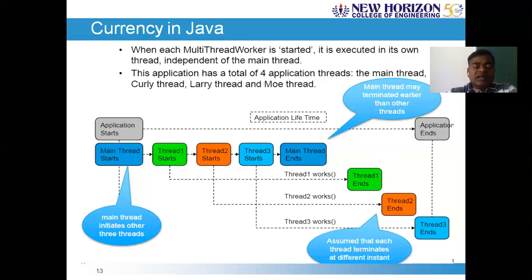That comes under priority scheduling. So based on the scheduling technique implemented in the threading model, the threads will be scheduled and complete their tasks. This is the major difference between the single-threaded model and the multi-threaded model, and this is concurrency in Java.